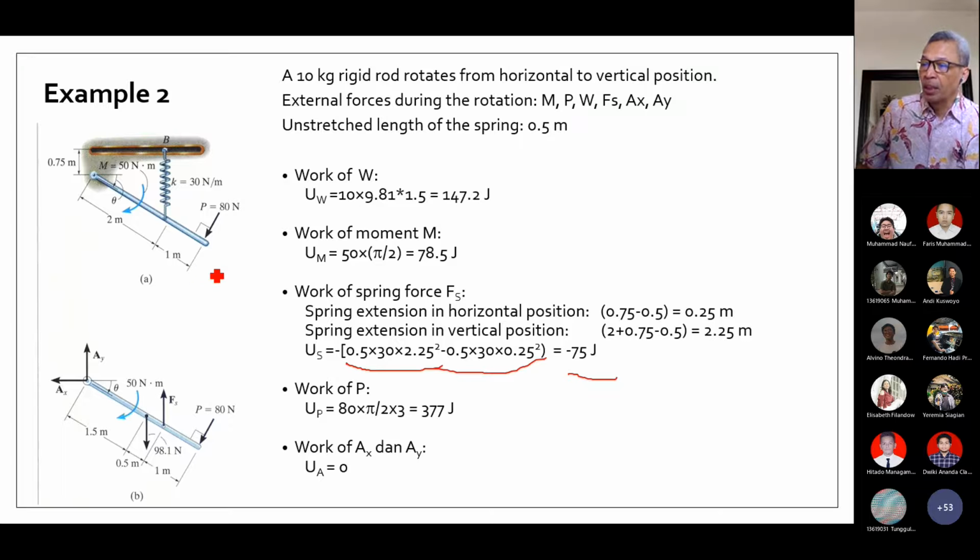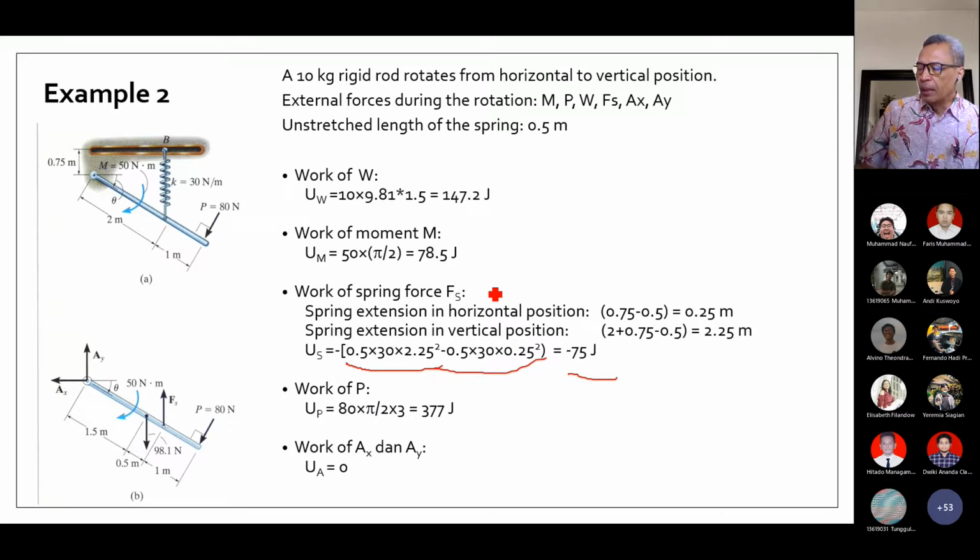Anda bisa lakukan analisis sederhana dengan pasangan gaya untuk melihat memang dimanapun momen bekerja pada benda, yang kita perlukan hanyalah melihat perpindahan rotasinya, tidak melihat perpindahan translasinya. Walaupun tadi misalnya dipasang di sini, dia rotasi 90 derajat, tidak ada perpindahan translasi, dia tetap di sini. Atau dipasang di ujung sini, momen bekerja untuk rotasi 90 derajat, dan ada translasi dari titik ini sepanjang garis ini, tapi yang kita perhatikan hanya rotasinya saja.